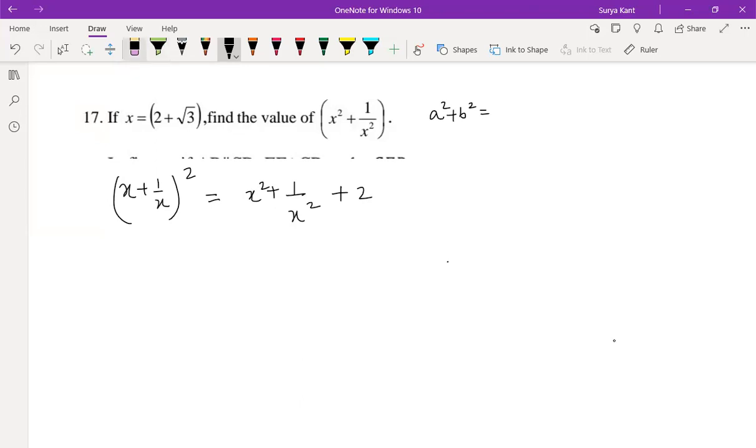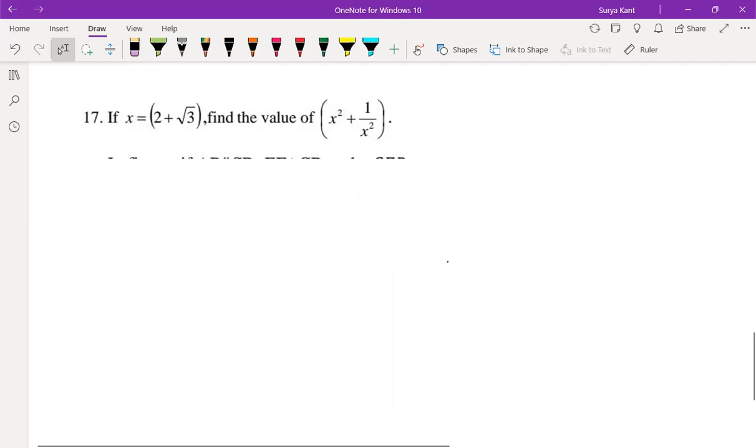Okay, children, all of you can solve and send me. I've solved it already. I told you already this much. Next, what you do, you just solve it and send me on WhatsApp. Okay, sir. When, sir? Any time you can send.